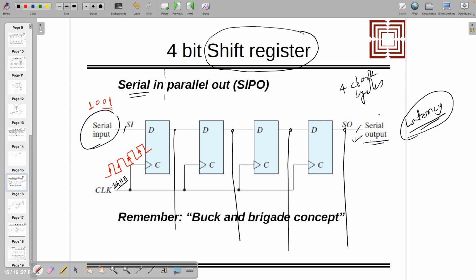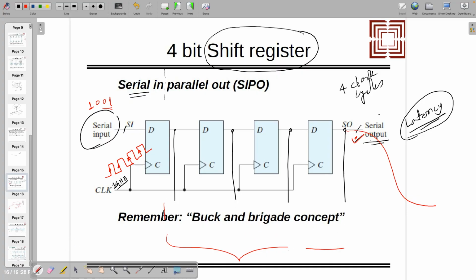If you are taking output from here, then it's serial output. If you are taking it from here, then it's parallel output, right? So both the circuits are there. Sir, the output in the middle will have no use, the parallel one. If you want to take parallel output together, look here, it's only one line. There are 4 lines. One will complete and only after that will it go to the next. In parallel, all at once, an answer will not come here. Yeah, you're right. So then, what do we need to do?